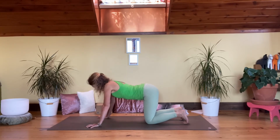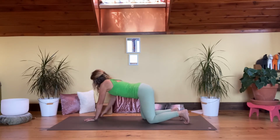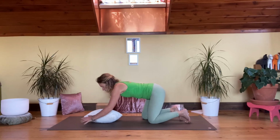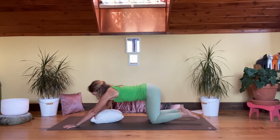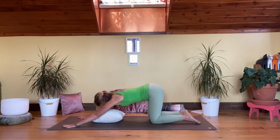And from here, we're going to come into Anahata pose, our heart pose. I'm going to take a pillow for my head. And so we have our knees and our hips stacked and the toes are tucked under. Or you can flatten them out as well for more relaxation in the legs. Arms forward